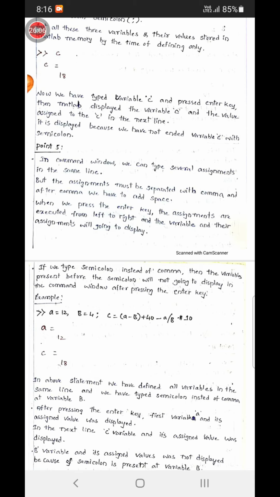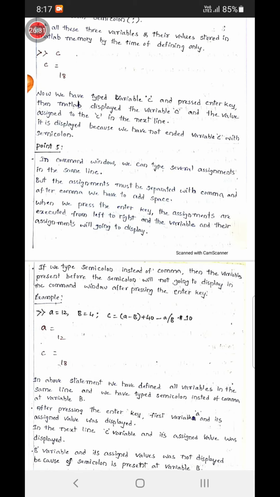We have to define all the variables in one line, and we have to separate each and every variable with comma. After typing the comma, we have to give some space. Those are the things we have to understand and follow.